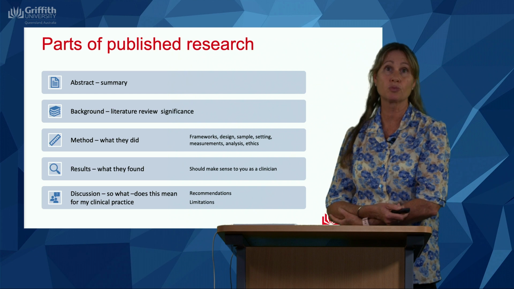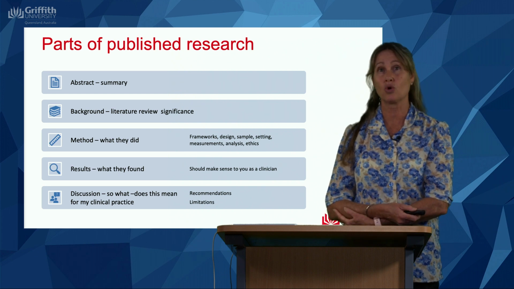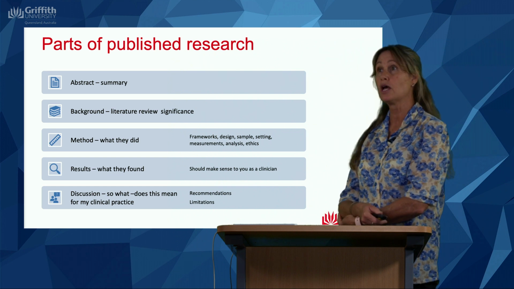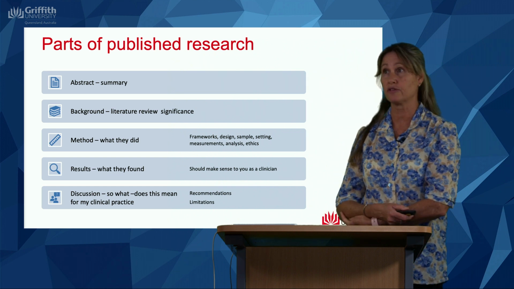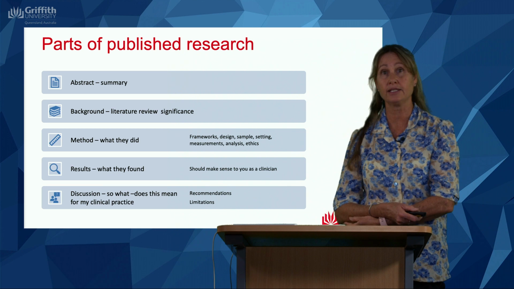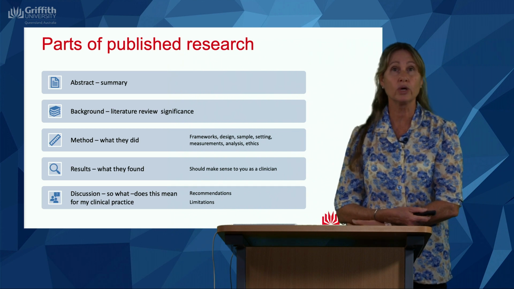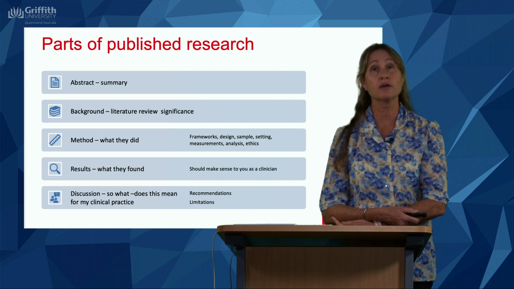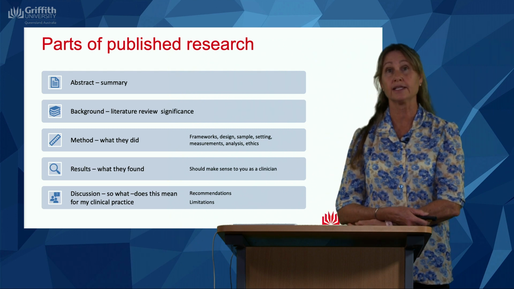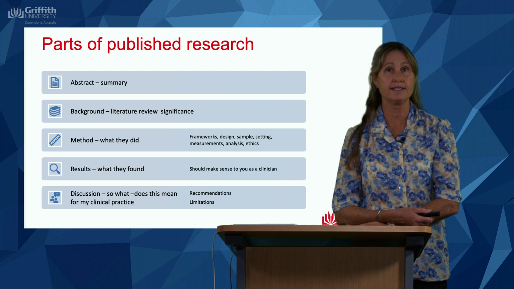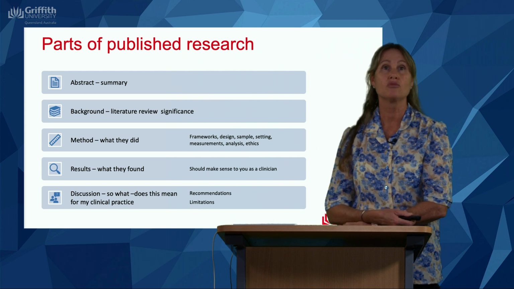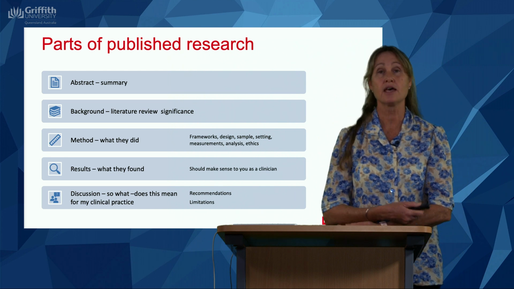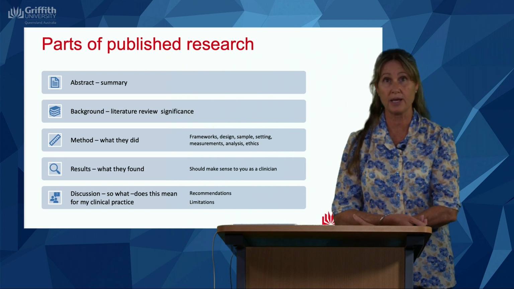This enables us to put research together and to work out and generalize it and maybe translate it to practice. The result is what the researcher found. This should make sense to you as a clinician. So when you're critiquing the articles in A2 and A3, think about, does the results make sense? Is the table easy to read or difficult? When you're looking at critiquing articles, these are the parts that you as a clinician should be able to understand